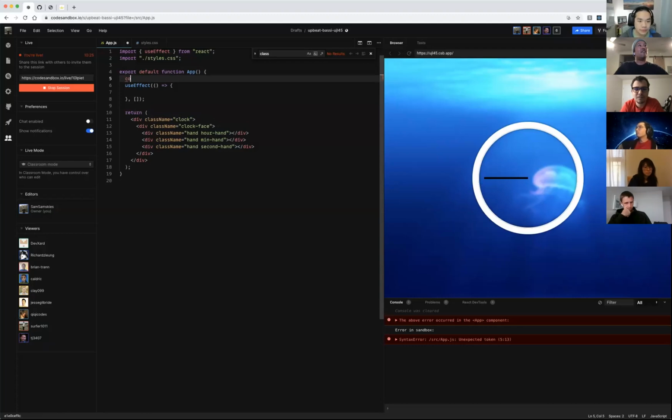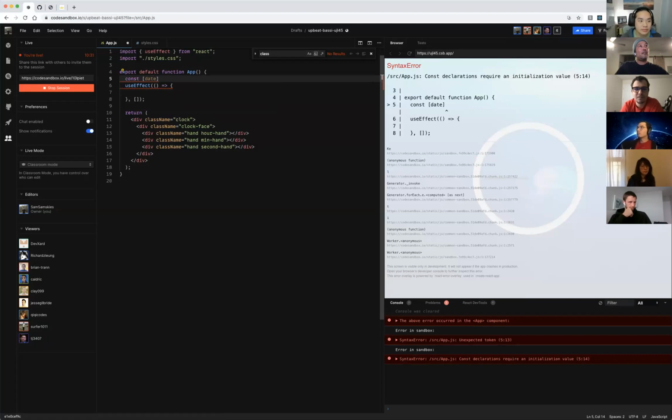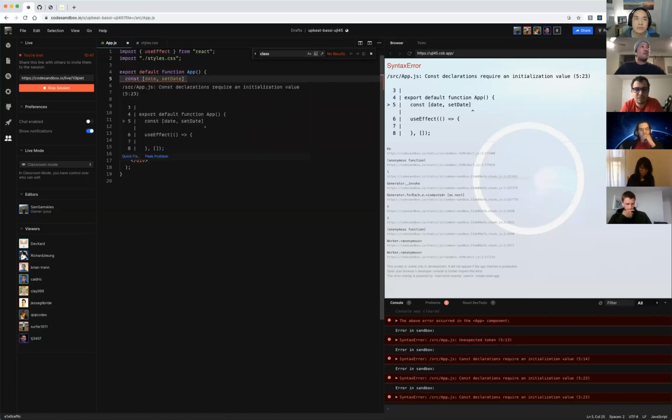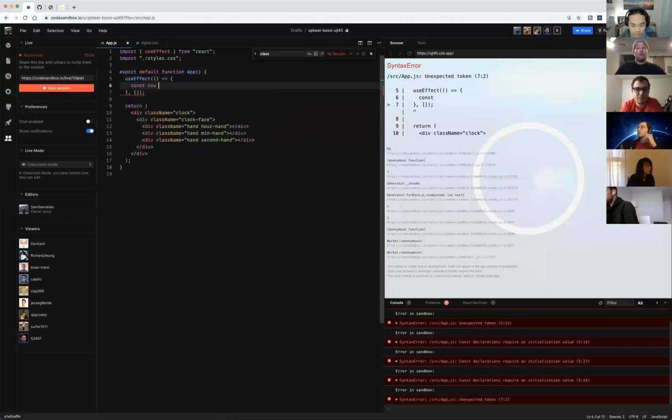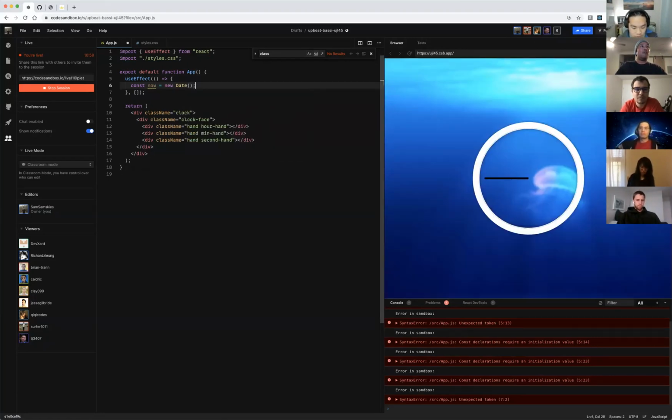So I'm thinking we do something like date, or actually we should keep state of the degree amount. Let's just get the date going first. So we can do const now equals new Date, and then